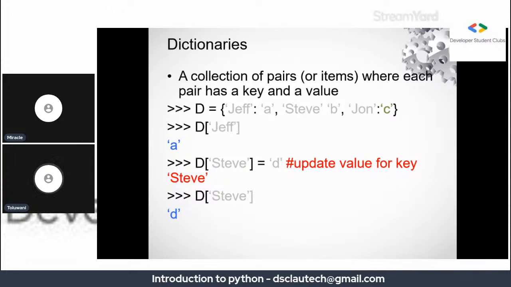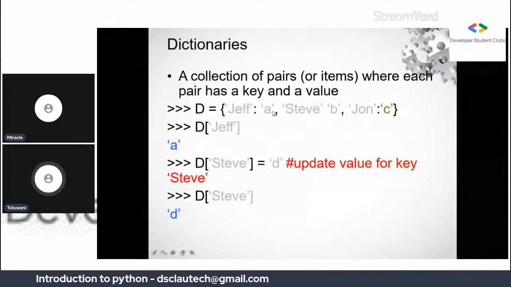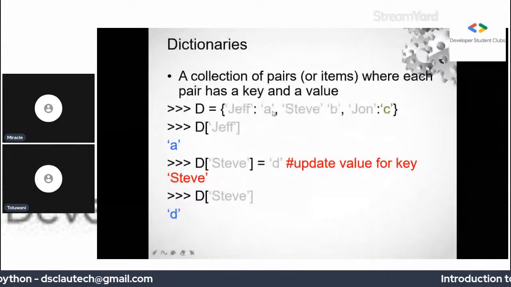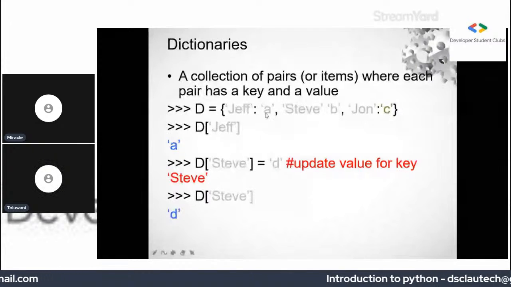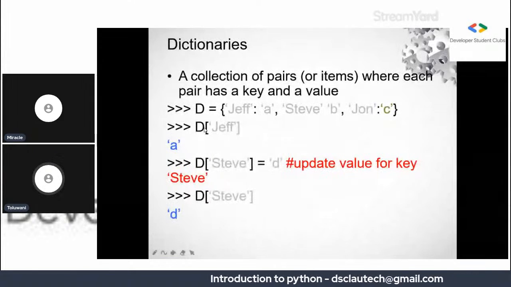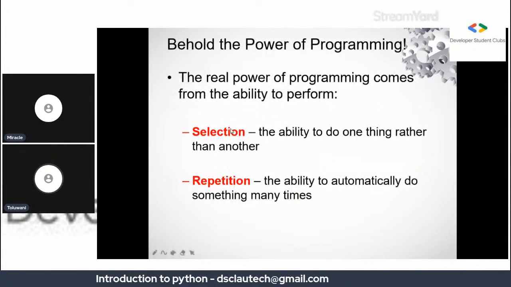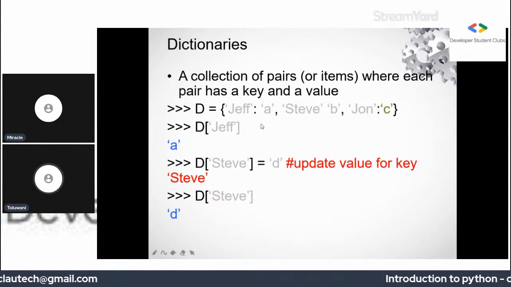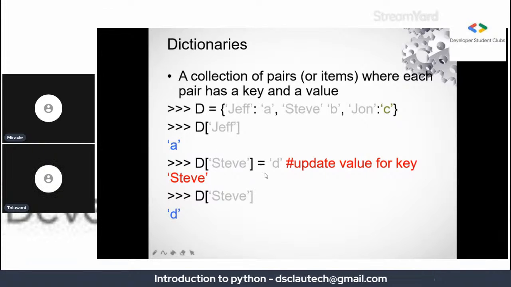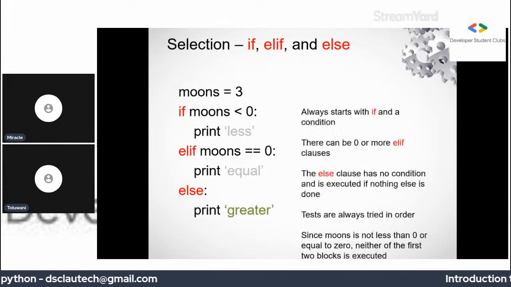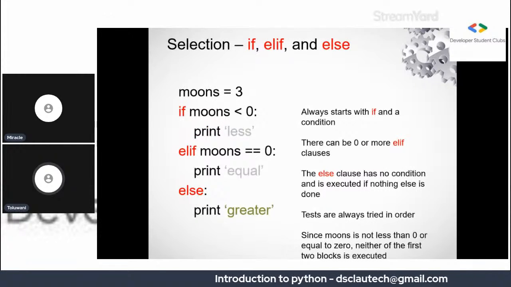So for example, in this place you have your key as Jeff. When you want to call it out, if you want to index it, you have to index it with the key name. So that's why you have D in brackets Jeff. Okay, so you can continue doing that. And you can also manipulate your dictionary in Python. You can always update your values in the dictionary. Is that okay? Hello guys. Yeah, if that's okay, that's great. So you can also make use of